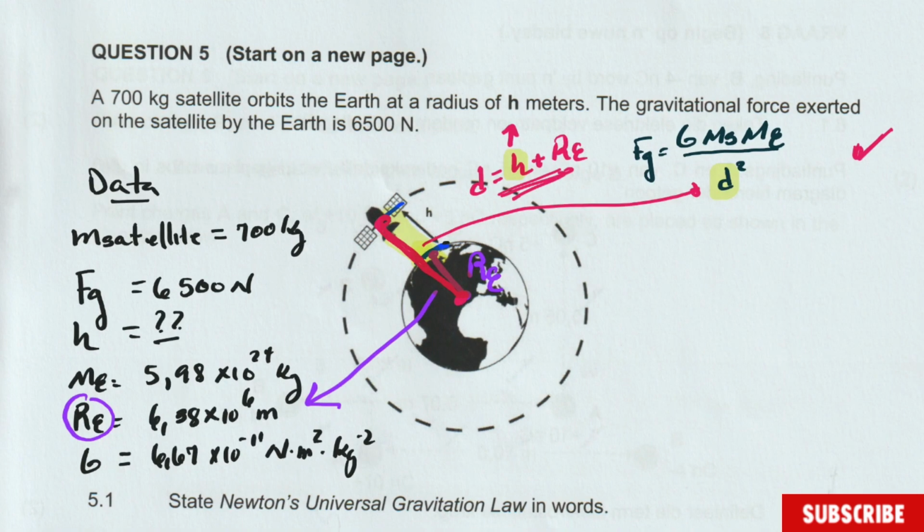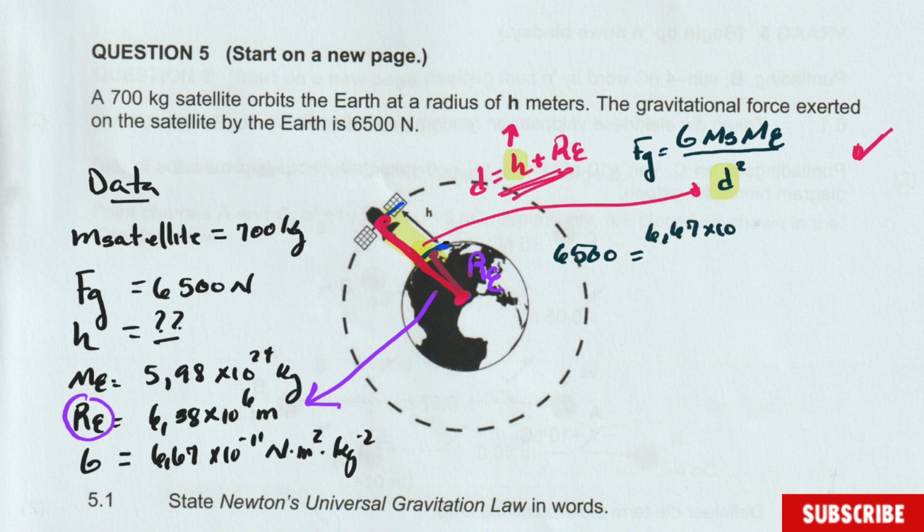Okay, so now when we do the substitution, let's substitute before rearranging. Why? Because you get the mark for substitution. So let's substitute and then rearrange. We have that the gravitational force is 6,500. Be careful when you are substituting. People attempt to make mistakes. This one is